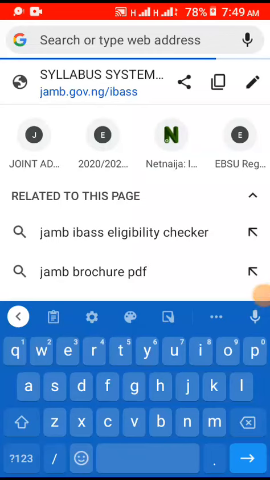Ruben Official. Today I'll be teaching you guys how to download the verified JAMB syllabus. All you just have to do is type